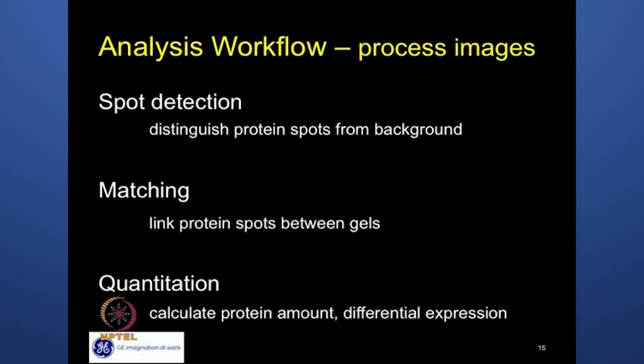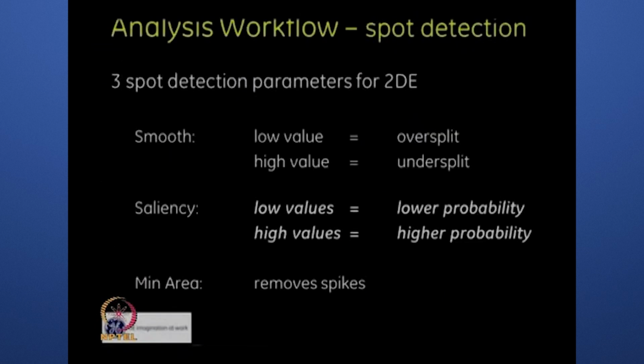But I'm just saying the three major steps in here. That is the spot detection, matching, quantitation. Okay. These three are the major steps. When we look at the spot detection, there are three parameters it will give you. Those are smoothness. In smoothness, when you set a lower smoothness, it over-splits the spots, like it tries to